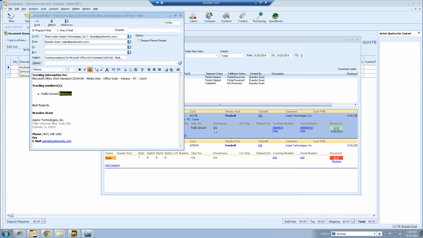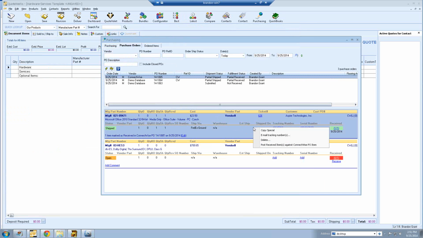And then it includes the tracking number, and then you can just email it directly from QuoteWerks, and it automatically populates the contact information from the order that we had created for them. You'll also have the option of copying the information to your clipboard. So if you wanted to copy the tracking number and serial number to your clipboard, you can do that as well. This is very useful for anything that you want to do in or deliver to the customer, so it's easy for them to